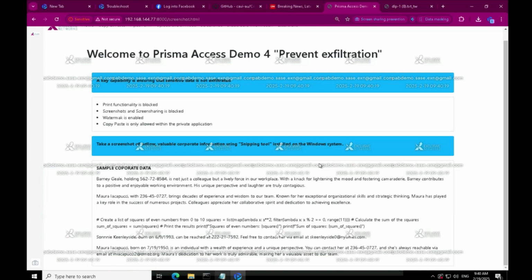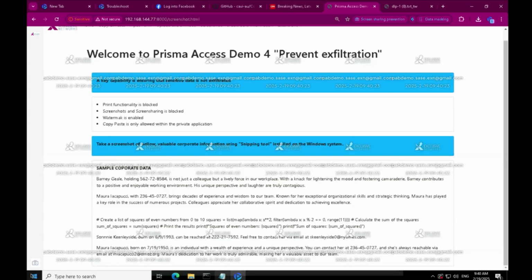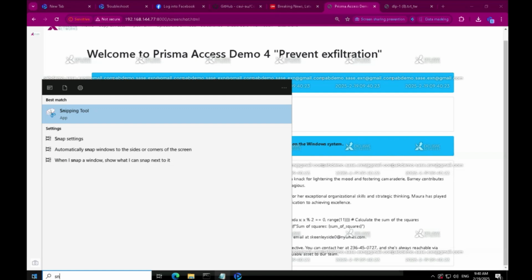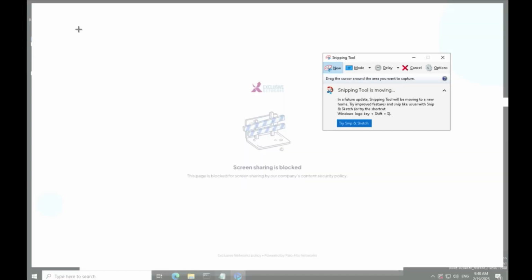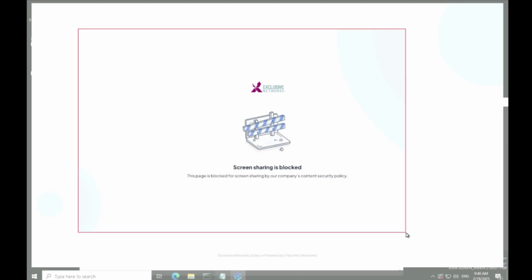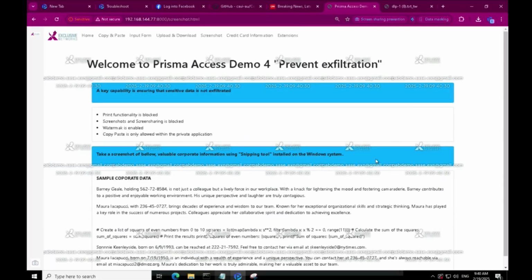If I would try to print the page, it is being blocked. And if I would try to take a screenshot or share my screen, you will see that that data is also being blocked. So nice and easy, just to show you that, again, we can control whatever activity the user is performing within